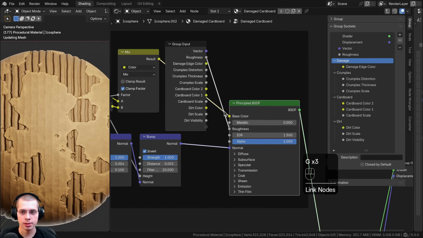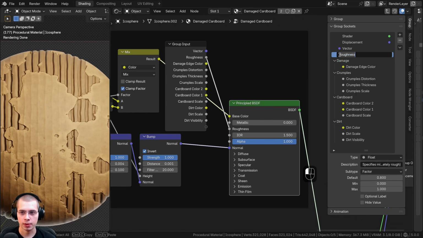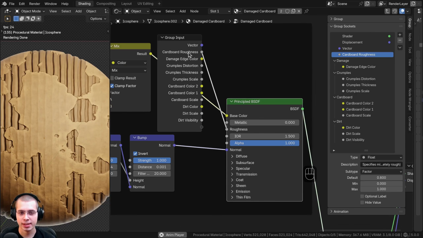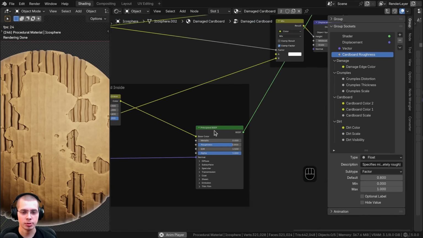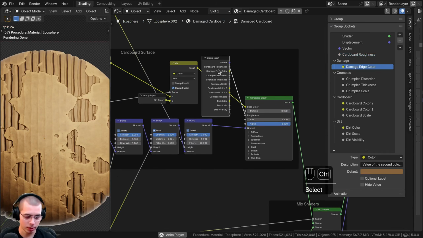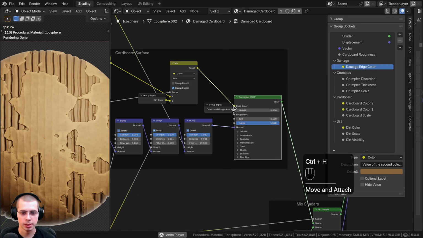And let's put the roughness into the extra socket. And we're going to double click on this to rename it, and we're going to call it cardboard roughness. Now I want this single cardboard roughness value to control both materials, because we have another principled shader down here. So I'm going to select the group input, hit Ctrl H, drag it down here so it's nicely organized, and